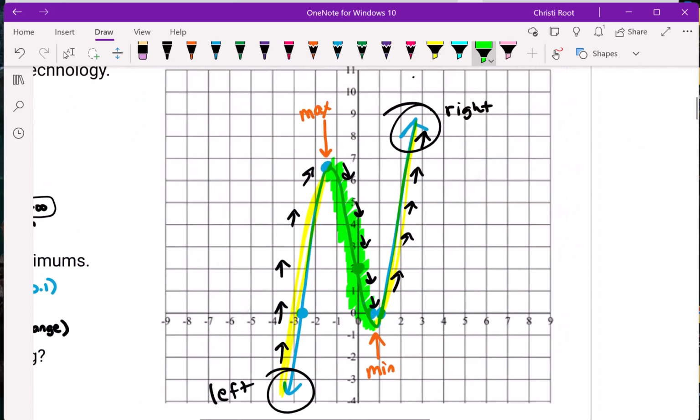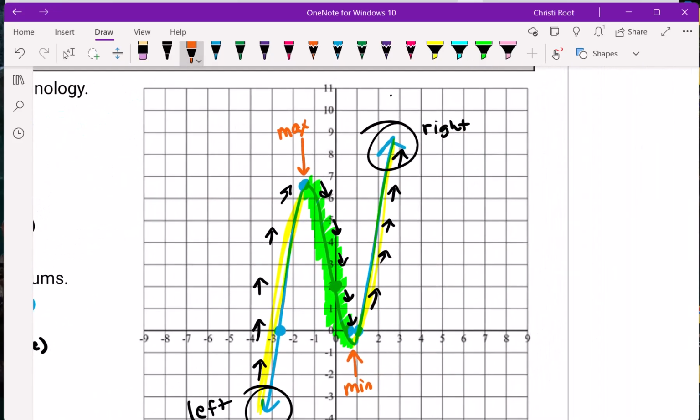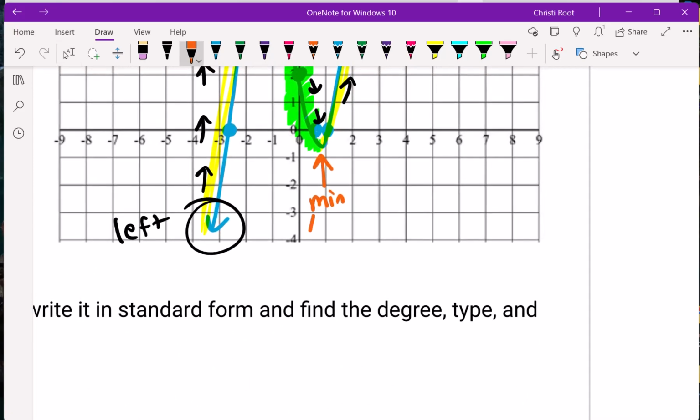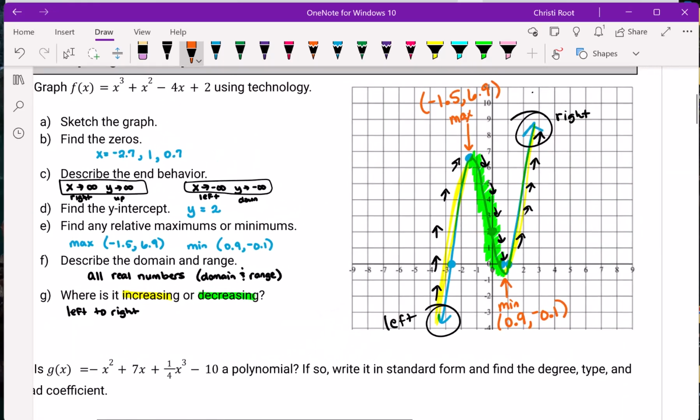Now I'm going to just take a little second here. Your maximum over here, that is negative 1.5. That's your x value. And your minimum x value is 0.9. And I only care about the x value because it's an interval. An interval always reads left to right, which are your x values. Okay, so increasing,